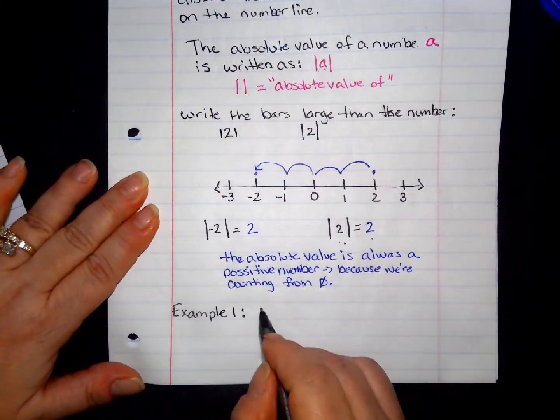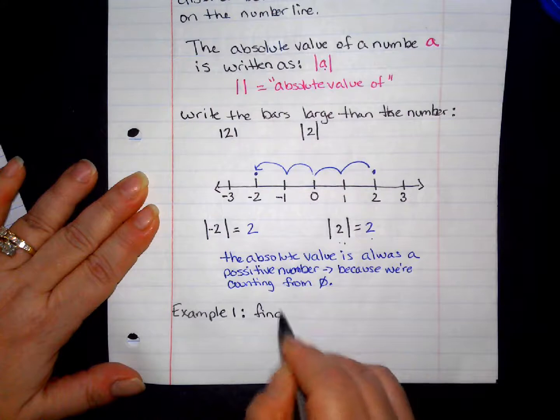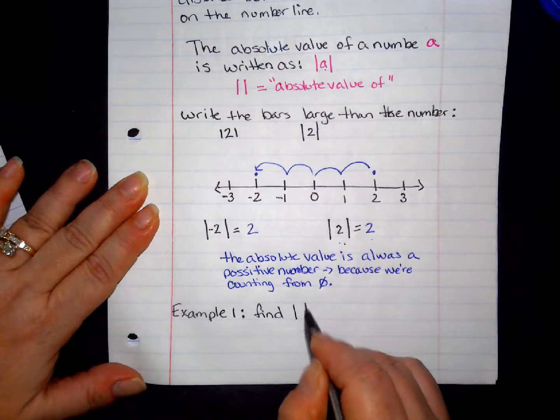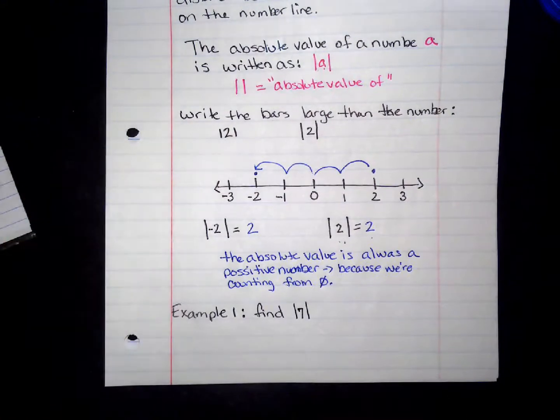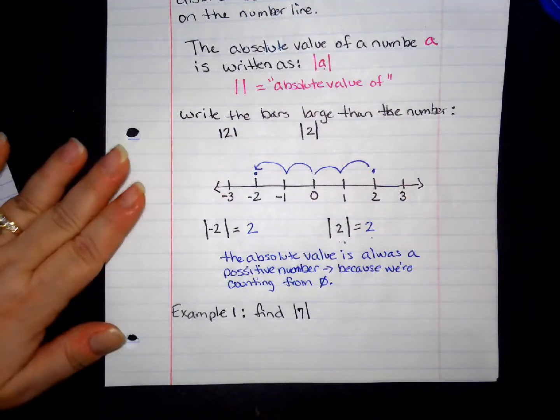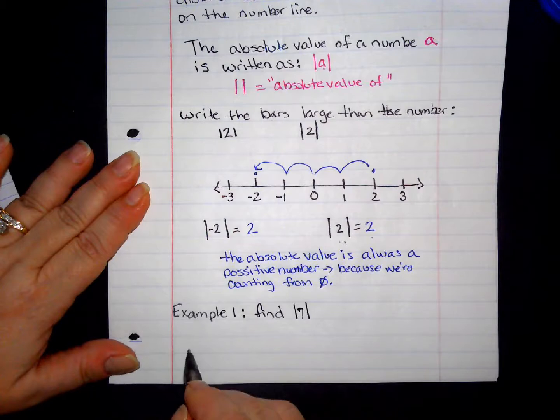Find the absolute value of 7. Remember, we're finding the absolute value of 7. The bars mean say the absolute value of 7. Okay, so if we're finding the absolute value of 7 and I draw a number line,